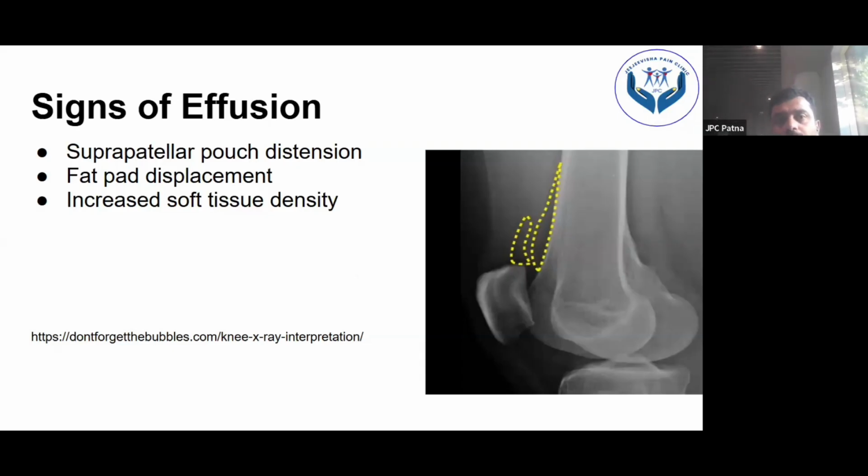Now, an important point is, do we need to look for effusion in everyone? For example, if someone with osteoarthritis knee comes with effusion, which you can see clinically, yes, the best is to get an X-ray and compare with the normal X-ray. Always get an X-ray of both knees in osteoarthritis knee, so that you can compare accordingly and realize, okay, this is the difference. Then, even if there is mild effusion which cannot be palpated, you will be able to see it in the X-ray. So comparing with the other, normal side definitely helps, especially for effusion, in